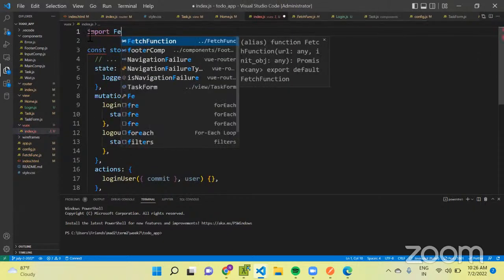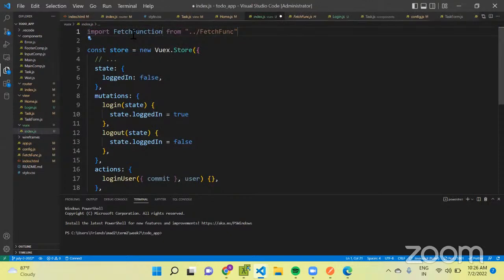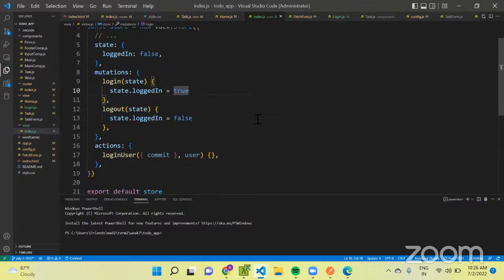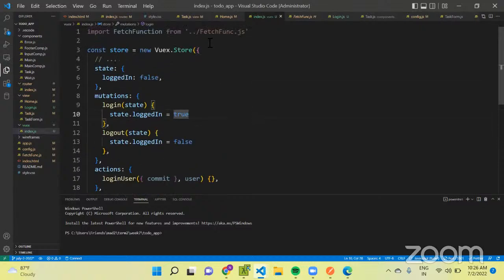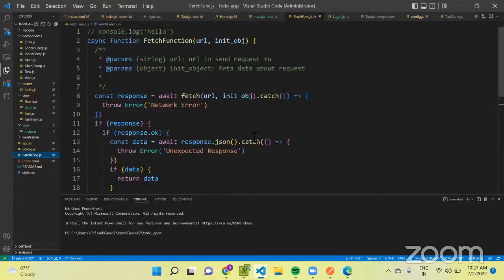Import fetch function from the fetch function file. So if you remember, in the fetch function, you pass a URL and you pass an init object,